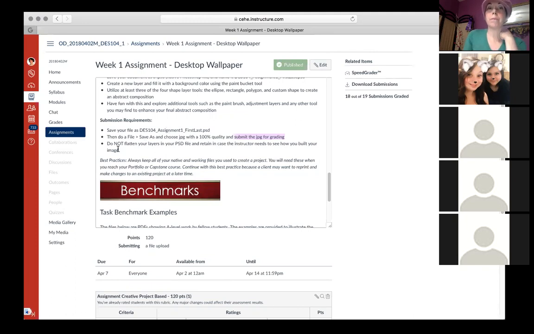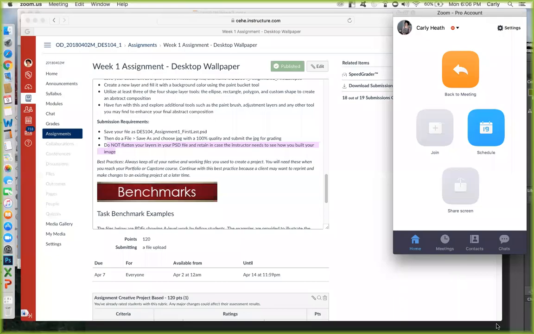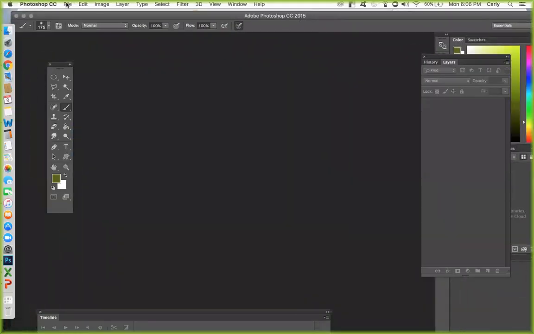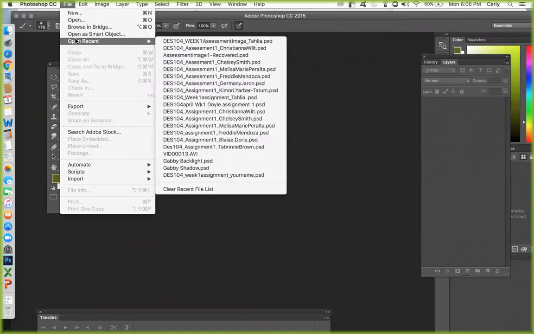So you're asking, how do you not flatten the PSD? Now keep in mind, the PSD is not going to be turned in. The PSD is for your own personal backup. And the way that you save an unflattened PSD, as someone just asked, is very simple. You just make sure that box to flatten things is not checked, okay? So when you're just saving your Photoshop document, let me open